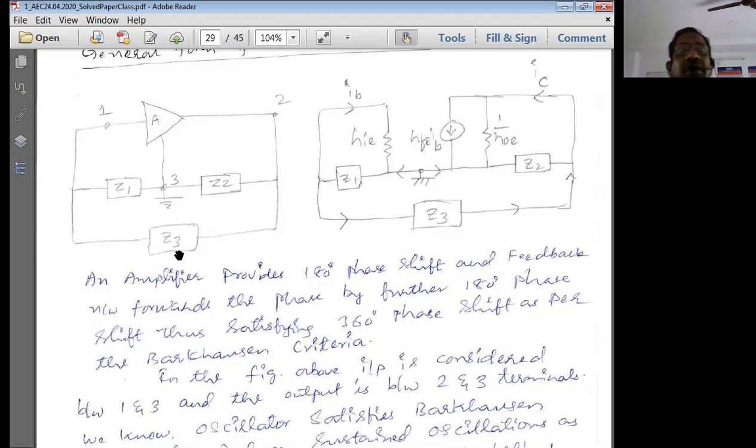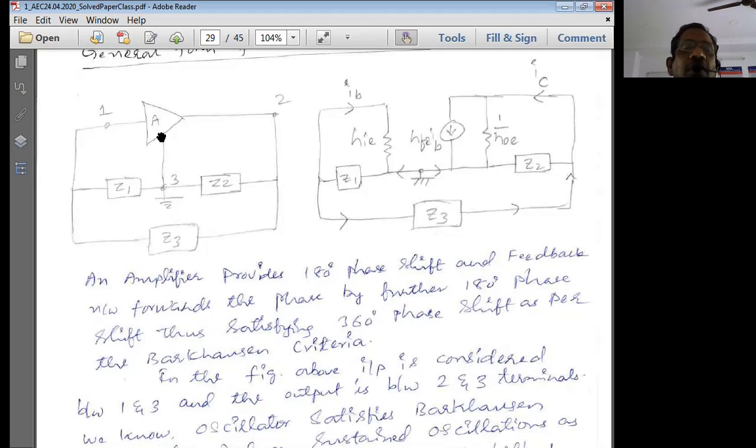Let us suppose go with this now. An amplifier is going to have one input. Now we use an amplifier, either a BJT or a FET. That is not the point of discussion here. Whether it is BJT or FET, both of them have one input and both of them have one output.